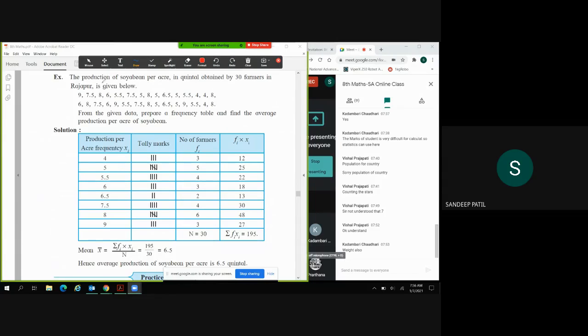So यहाँ let's see production of soybean per acre in quintal obtained by 30 farmers। तो यहाँ क्या देखिए, ये भी वेरी गुड स्टैटिस्टिक्स है कि हम लोग फार्मर्स जितने भी हैं उनके यहाँ कितनी लैंड है, वो कितना प्रोड्यूस कर रहे हैं, कोई भी धान्य है तो वो कैसे प्रोड्यूस कर रहे हैं वो हम इससे पता कर सकते हैं। और then we can help